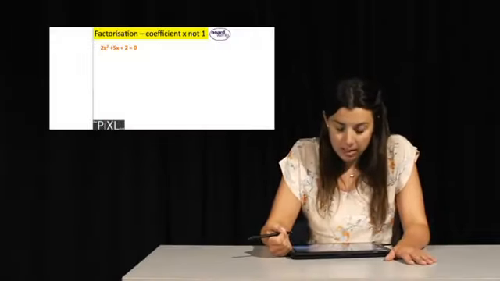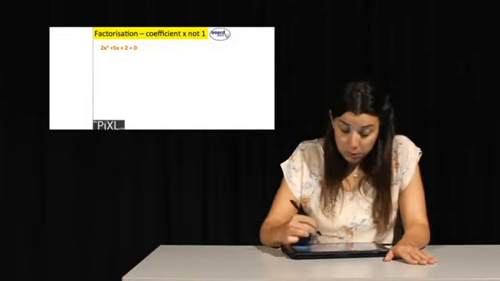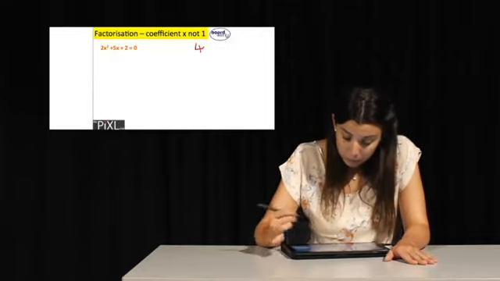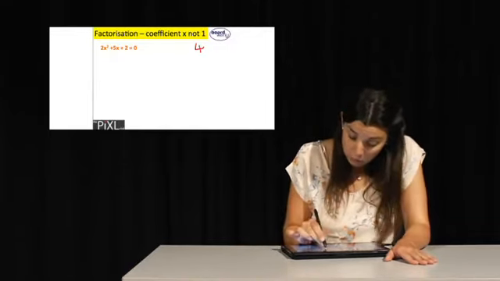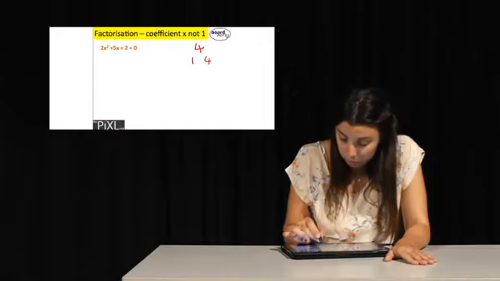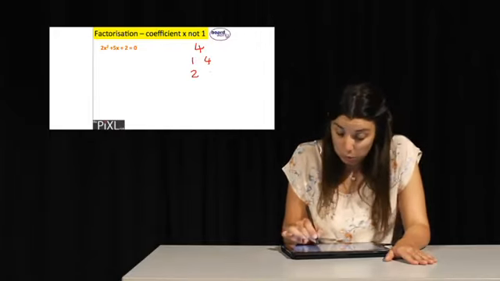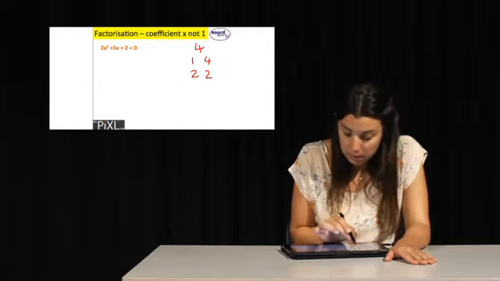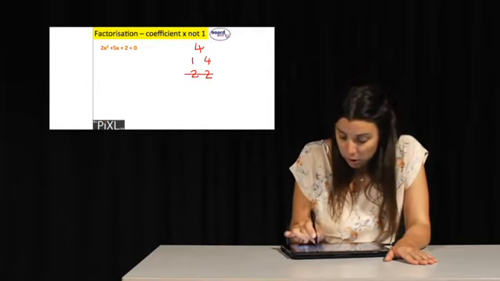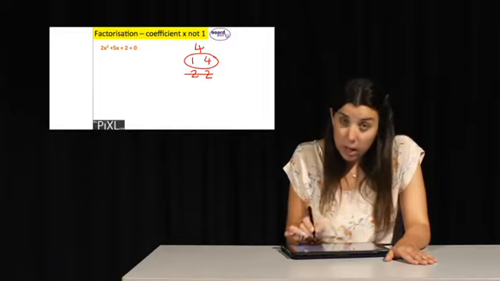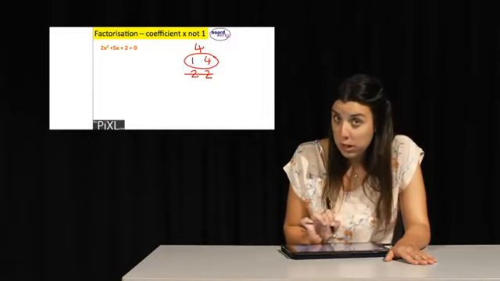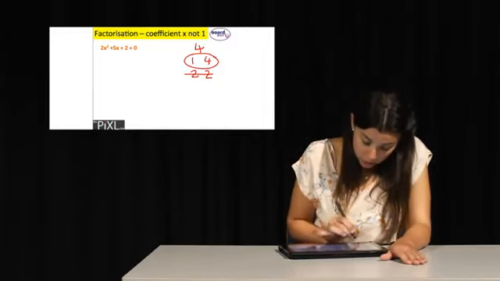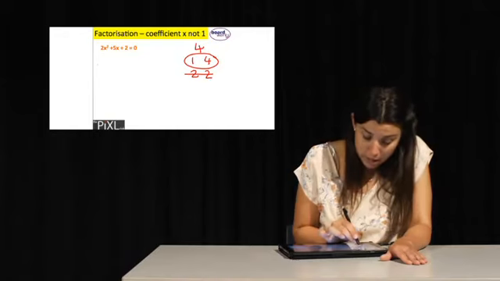So let's have a look at this together. 2 times 2 is going to give us 4. The factors of 4 are 1 and 4, 2 and 2. We need to make 5x in the middle here. So this is no good, this is what we're going to be looking at. If we need 5x, both of those are going to have to be positive. So we have our first term,